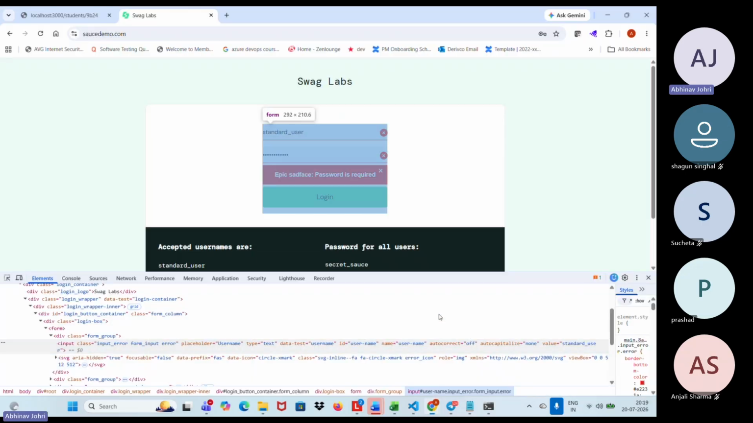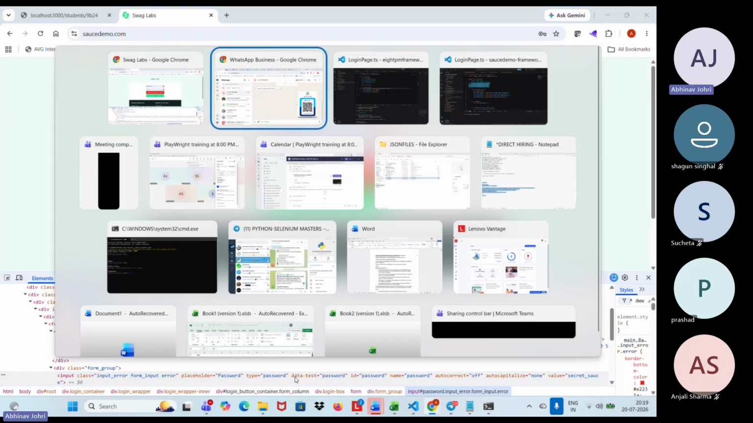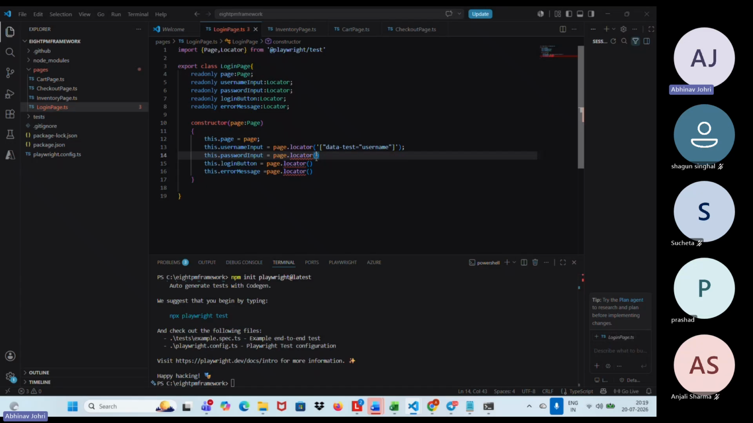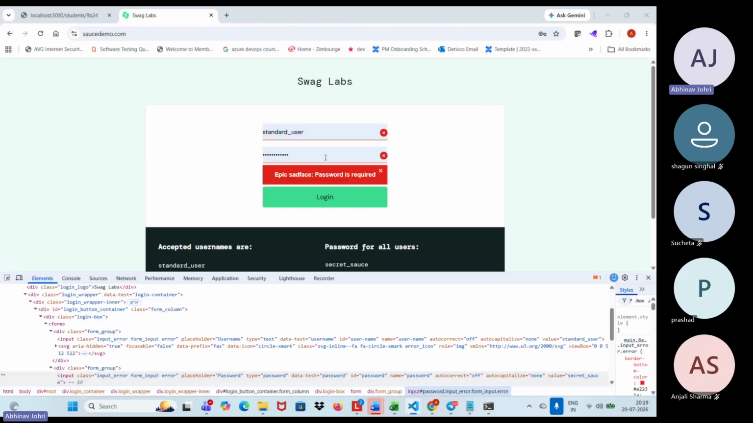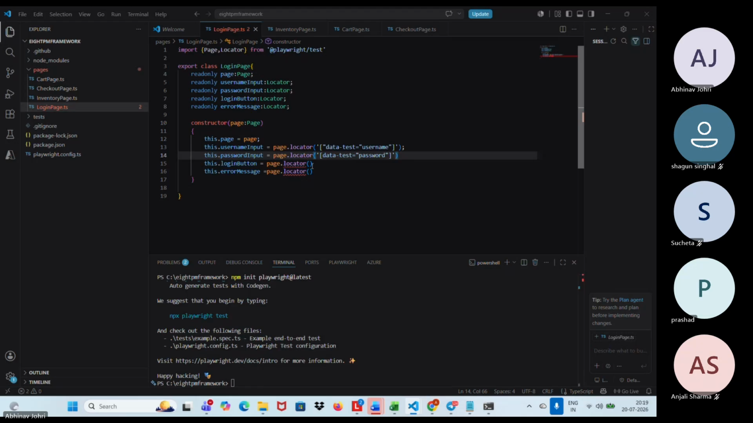If I go over here and inspect the password, the data-test is here. Why should I take different things? Take the one data-test that is here. Then the login button, let's inspect it. It also has data-test. Take this. And lastly, we have